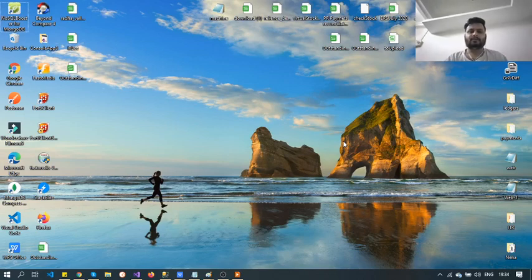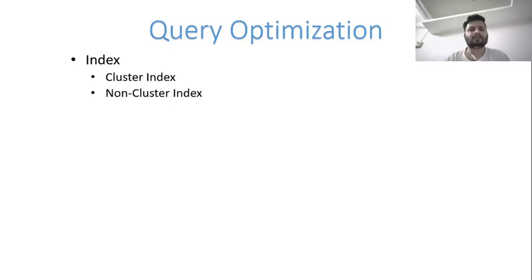Hi, hello friends. Today we will see how to optimize a query using indexes. Today's conversation is about how we will create indexes on a table and what the advantages and disadvantages of an index are. Covering indexes will be discussed in future lectures. Today we will only see indexes, how we can create an index, and real examples of indexes.